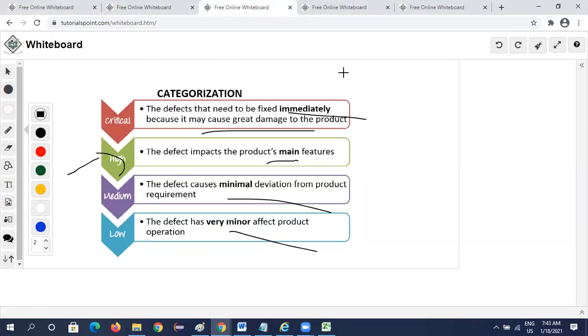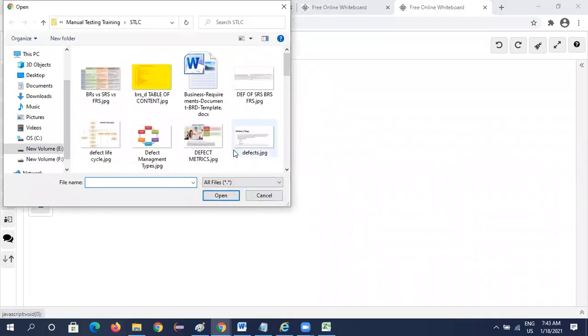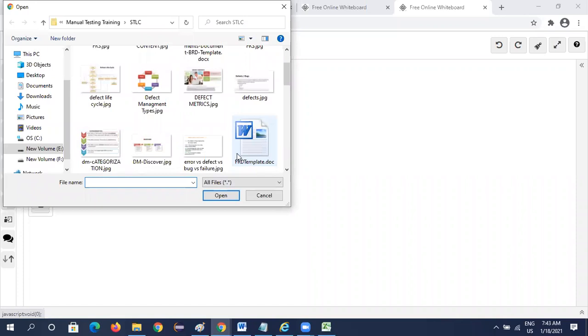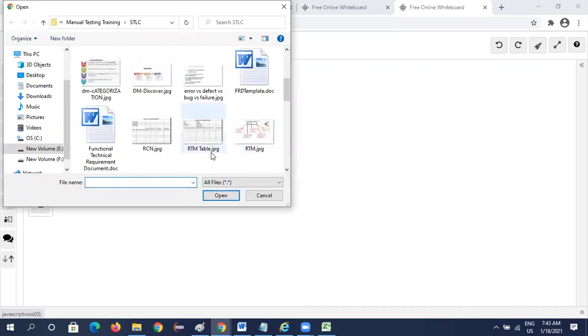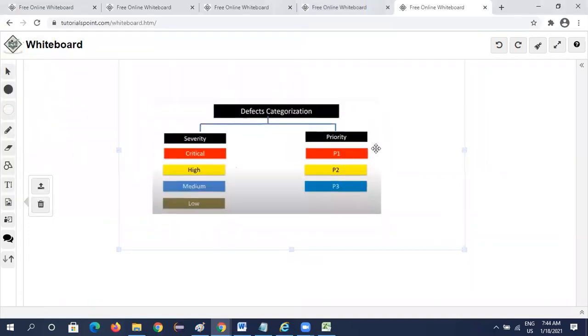How are we categorizing? Based on severity and priority. So what is severity and priority? Critical we call severity, very severe. See, how we categorize the defects is like this.